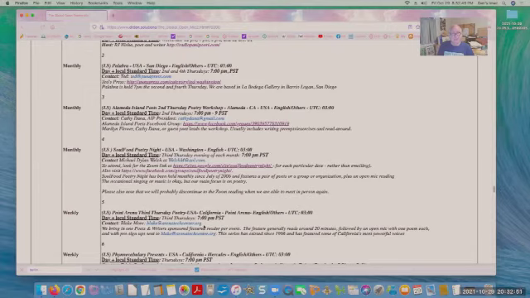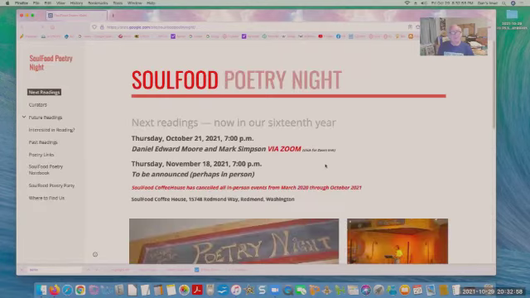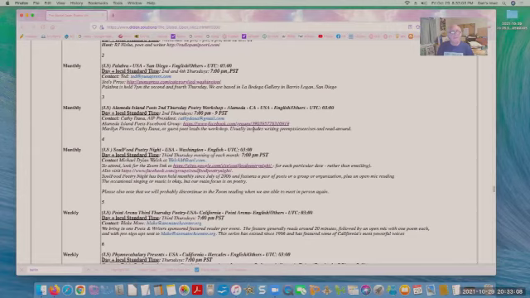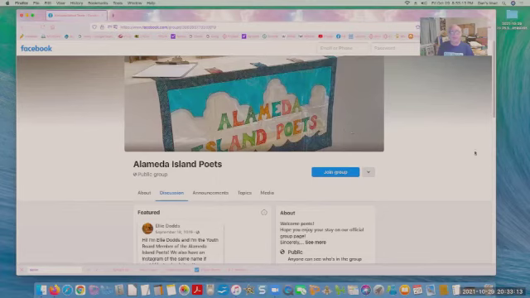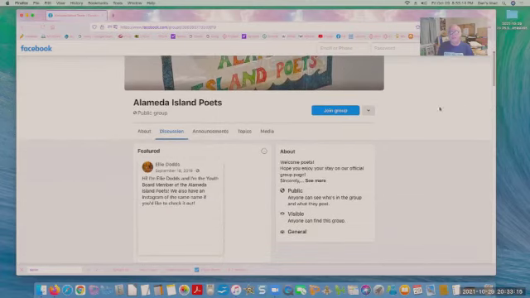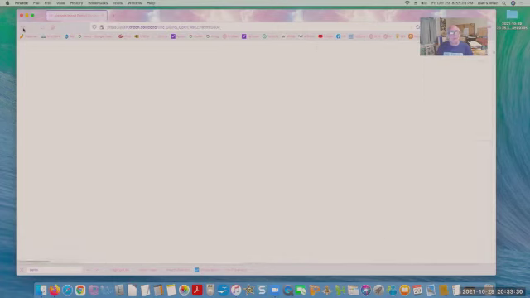This one has an email, but Soul Food Poetry Night has links for Zoom, past readings, poetry links, Soul Food Notebook. This is a group in the East Bay, Alameda Island Poets. Again, sometimes an open mic will want you to join a Facebook group or a mail group so they can send you information. But anyway, let me just go back.